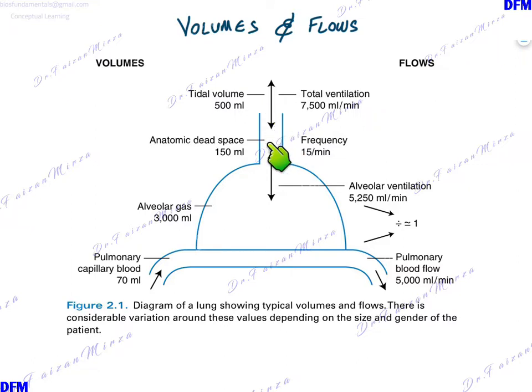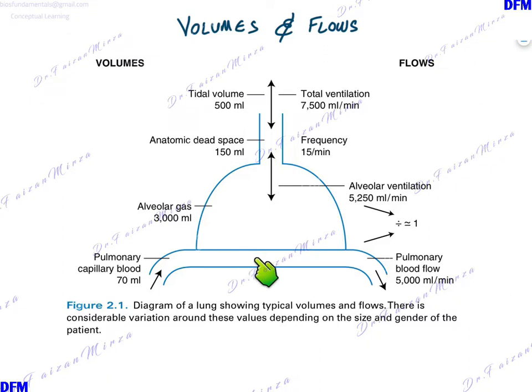This region here represents the anatomical dead space. This region is where the exchanges can occur. This is the alveolar gas and this is your blood supply. So as far as the volumes are concerned, tidal volume about 500 ml of air goes in and goes out. Through the anatomical dead space, 150 ml is remaining here and the alveolar gas ends up having 3000 ml of gas available. The exchanges that come about are because of the pulmonary capillary blood having 70 ml of blood supply